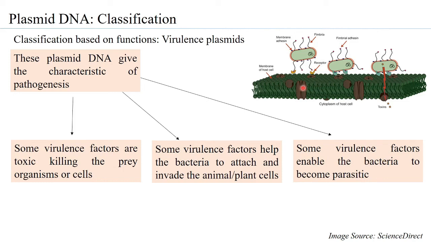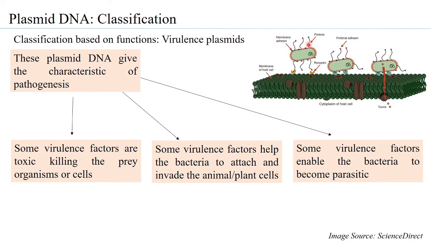So as you can see in this figure, the bacteria that have the virulence plasmids are able to produce proteins called adhesin proteins, which can be attached to the membrane or the cell wall of the bacteria, or they can be attached to the ends. Can you see that? The ends of specialized structures called fimbriae on the bacteria. And through these adhesins, the bacteria is able to attach to surface molecules present on the host cell. So this could be either an animal cell or a plant cell. But what is important is that the attachment of the bacteria to the host cell is thanks to these adhesins.